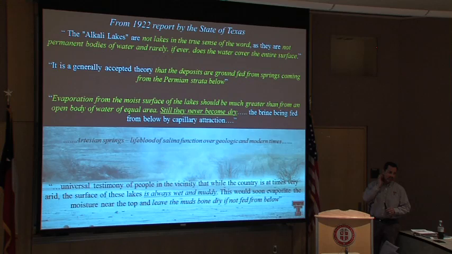But in the early 1920s, the state of Texas, the Geological Survey specifically, was looking at these lakes for brine production, for oil and gas production, as well as sites for nuclear waste deposit, which I'm glad they didn't do, seeing as a lot of these are connected to the Ogallala. That would have been a significantly bad issue. But basically, these are records from the initial surveys out here, indicating how wet they really were in the 20s and 30s. And if you think back when that period was in this country, it was a significantly dry time.